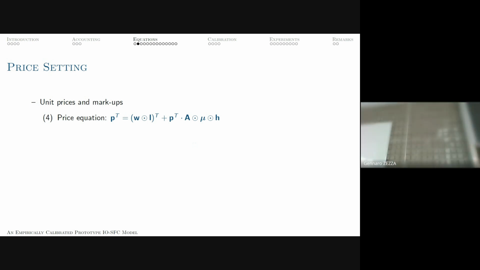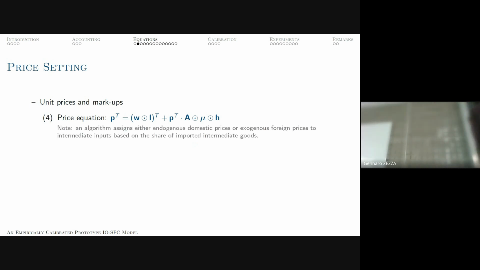How are prices calculated? Prices are calculated using a two-step method. In a sense, the first step is pretty much a Sraffa-like way of defining prices. The only difference is that markups or profit rates can be different across industries. The second difference is that fixed capital depreciation is also accounted for. But this is only the first step, because there is another step.